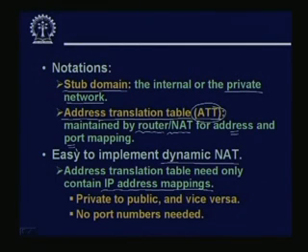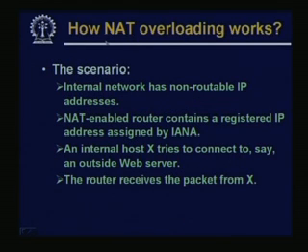So, using dynamic address mapping, you can have some of the entries in the table fixed statically. Say for the web servers, I gave an example where you need a permanent address which is known to everybody, but the other addresses can be dynamically assigned and changed during the duration of a connection only. So, in this way you can have the best of both worlds. You can have some addresses which need to be accessed from outside, and with the other IP addresses available you can provide dynamic access from the internal nodes, but you cannot have the other way around. A host from outside cannot directly access an internal node if it does not have a statically assigned IP address stored in the table. Okay? Fine. Now, in this scheme port numbers are not needed, but when you talk about NAT overloading, you require